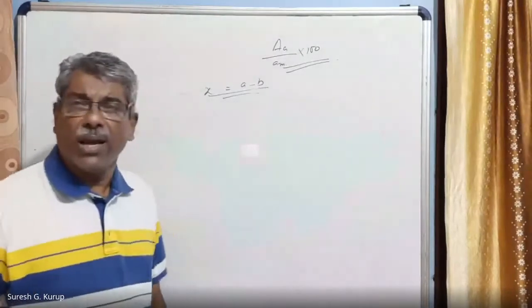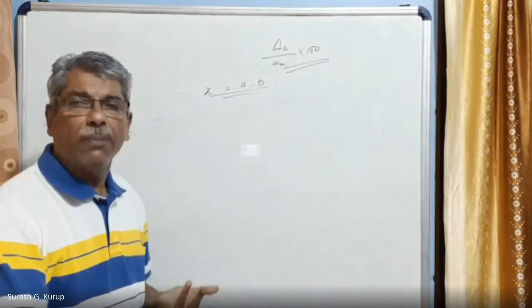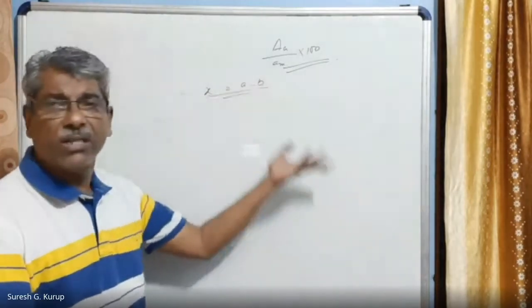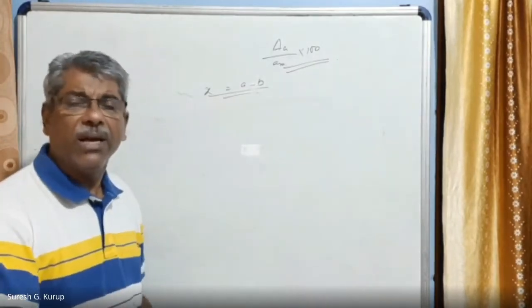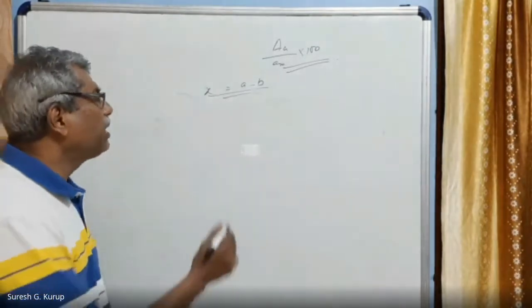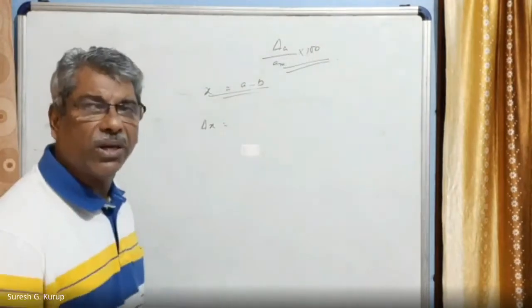Suppose two quantities A and B, whose real values are A and B, have observed values A plus or minus delta A and B plus or minus delta B. When one quantity is subtracted from the other, then also the errors will be added only, right? In that case also we can write delta X, the maximum absolute error, is equal to